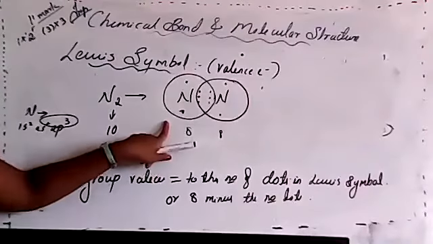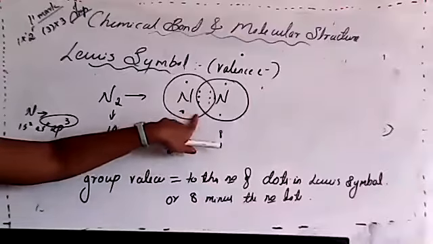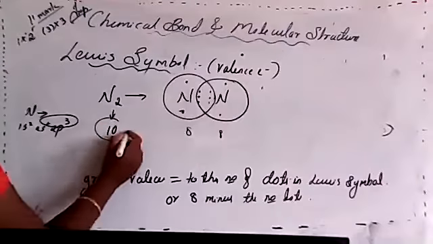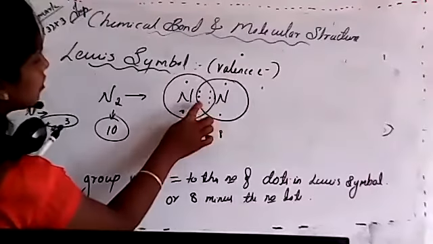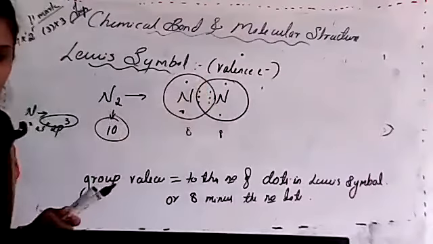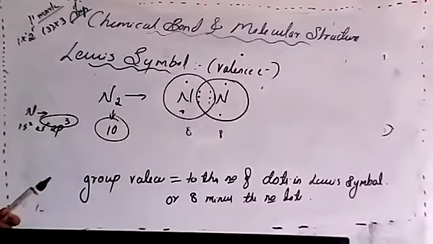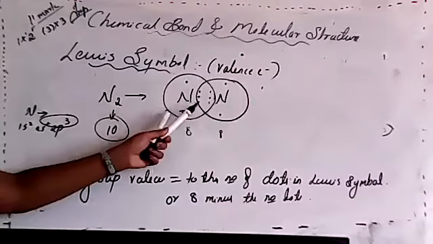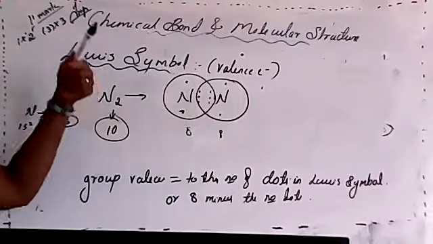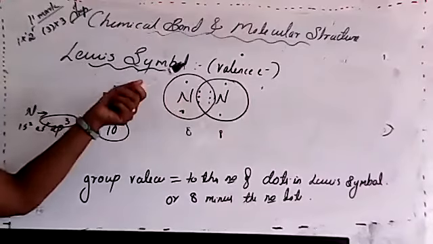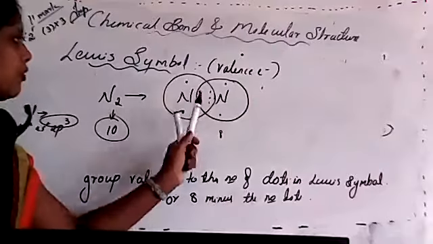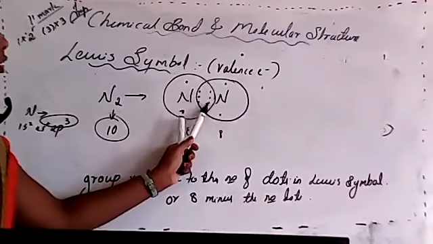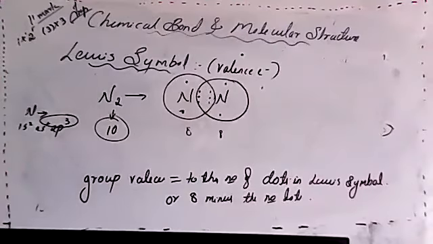Okay. So now, if you are considering nitrogen, the total number of valence electrons is 10. In that case, this is a group, isn't it? Group valence is 1, 2, 3, 4, 5, 6. Group valence is 6, isn't it? So here the thing is, if it is more than 4, in that case we do this. 8 minus the number of dots. How many dots were there? 1, 2, 3, 4, 5, 6. 8 minus 6, so valence will be 2. Like that we use.